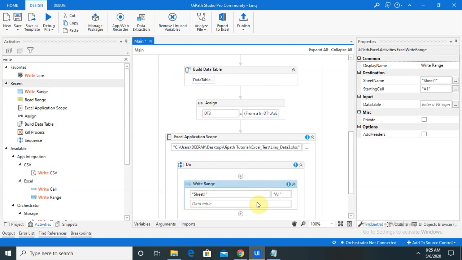Write range, in that write range we have to provide the summary of Excel.